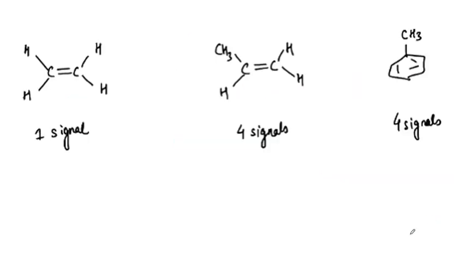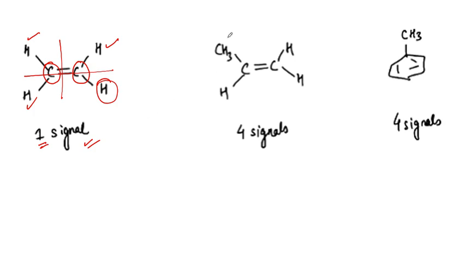Let's now move on to another option over here. Now for this type of an alkene, this is a completely symmetrical alkene, and we are able to see that there are 2 sigma planes bisecting the molecule. So this proton is going to be equivalent to this as well as to this. So only one signal for the proton NMR, and these two carbons are similar, so only one signal for the C13 NMR as well.